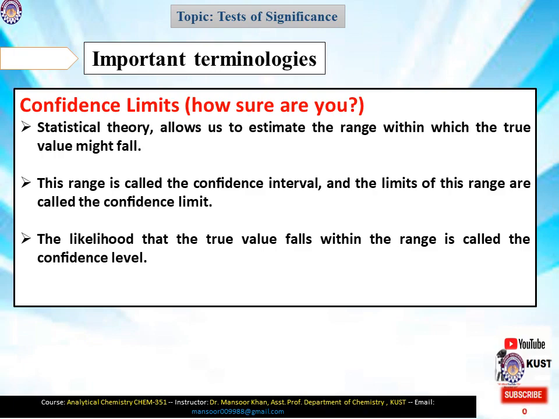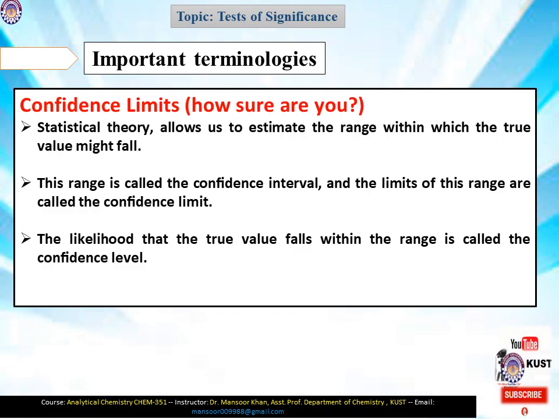This calculation of confidence limits and confidence level is of immense importance. This is basically coming from probability, that how much you are confident that the true value is present between two limits. So according to statistical theory, we can estimate the range within which the true